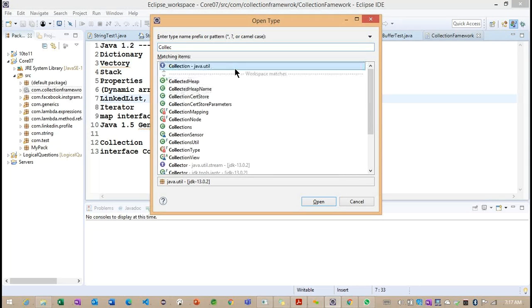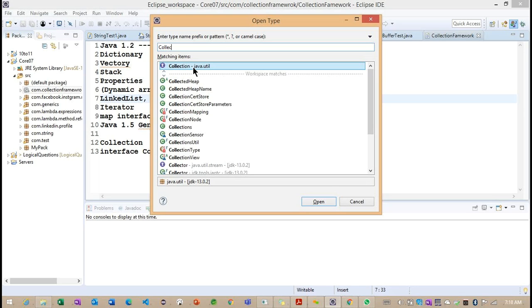Now we can observe that the collection framework concepts we are going to discuss are available inside the java.util package. But in the last class, the concepts we discussed are in a different package, java.lang.